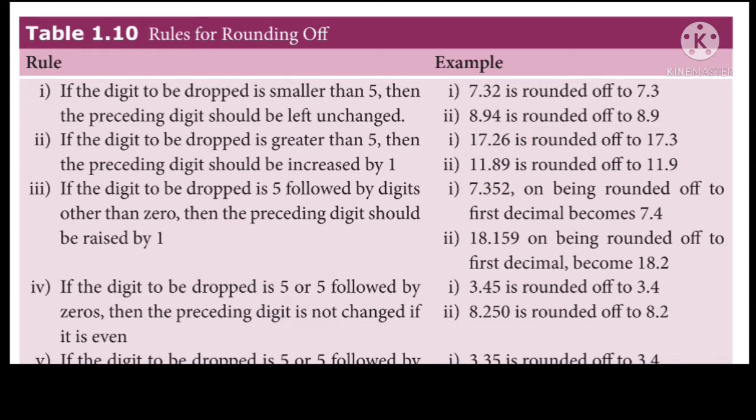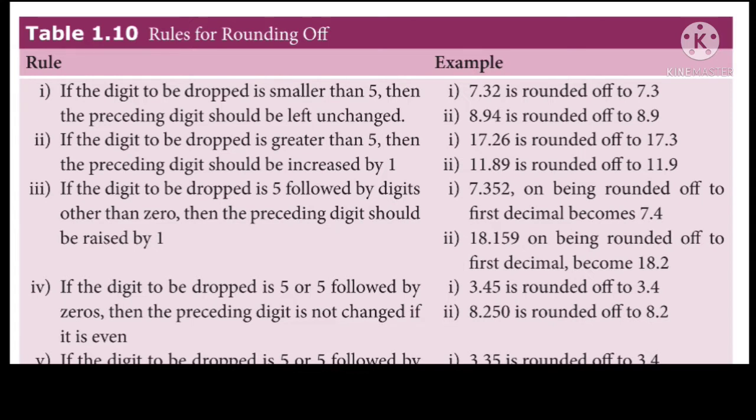Next rule, if the digit to be dropped is 5 followed by digits other than 0, then the preceding digit should be raised by 1. Look at the example 7.352. In this number, you have to check the least significant digit. What is the least significant digit of this number? 2. 2 is less than 5. If it is less than 5, what do we have to do? We have to leave this number and the remaining number should be written as it is. Hence we can get